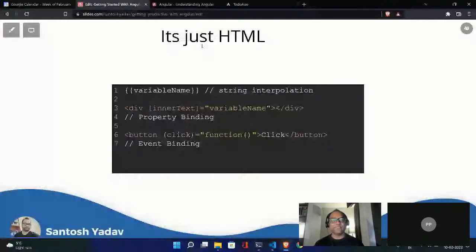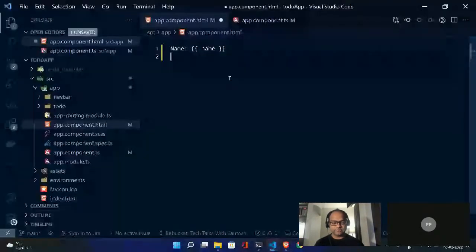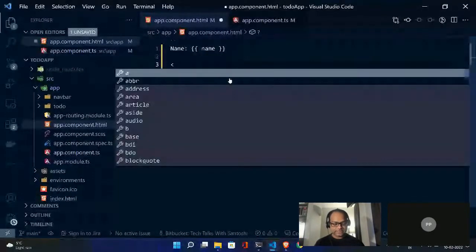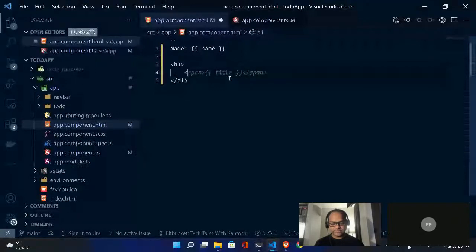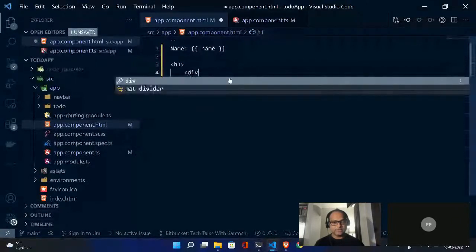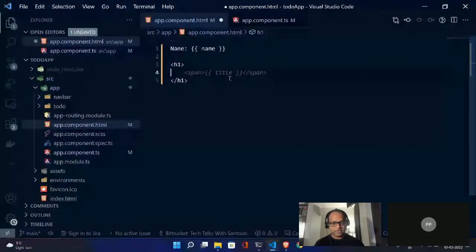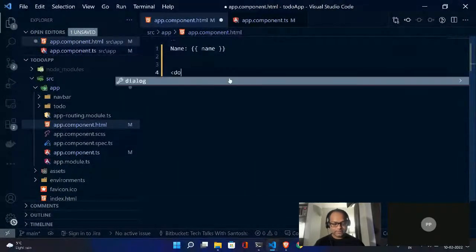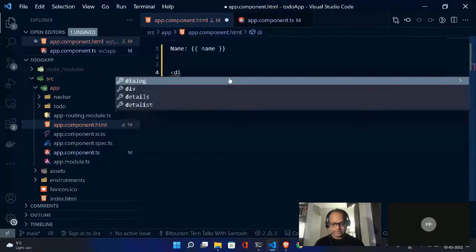So here we know there is a property called text, and let's try to use this property to display some data. Let's not use h1, and let's say I will use div.